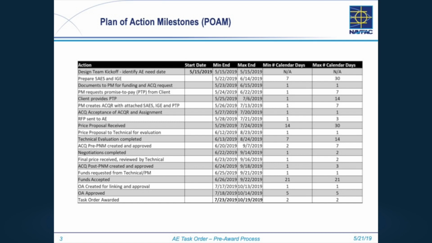So if you're the design lead or on the design team, you or someone on the team is going to write the statement of work, statement of engineering, the new SAES, Statement of Architectural Engineering Services. We used to call it the statement of work. And you're going to prepare the independent government estimate. That's the first step. Once you have done that part with your team, whatever you need to put that together,